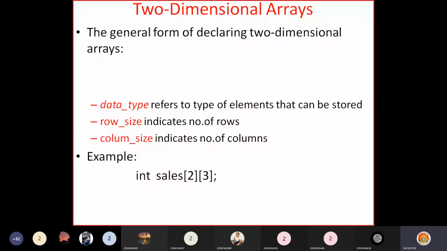Right. So whenever we want to store data in the form of a table, then we use two-dimensional arrays. Okay, so it stores data in the form of both rows and columns. The general form of a two-dimensional array declaration, if we look into,